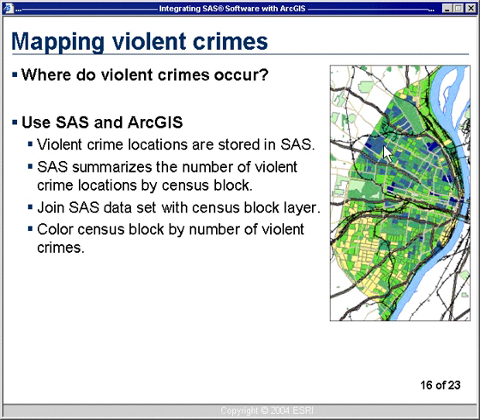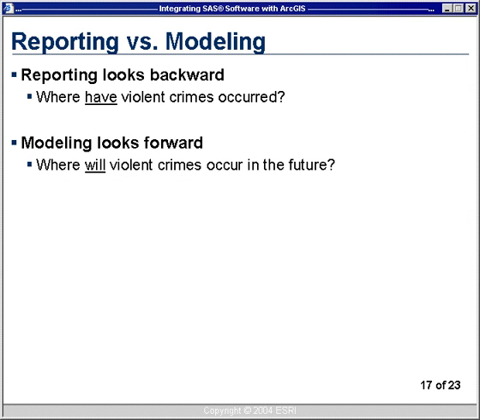This is a violent crime map. So what I've done is color the census block by the number of violent crimes that occurred in that area. I had to do some summaries in SAS, and then I joined that SAS data with the census block layer. One of the issues here, people will often try to use a map like this to make decisions, like where should we put our police force? But the problem with reporting is that reporting really looks backward. So maybe that's 2003 data. I'm sitting here in 2004 trying to make decisions. Well, neighborhoods change,